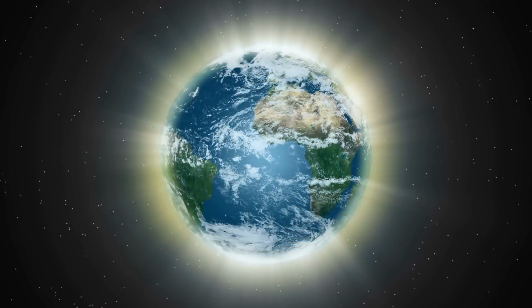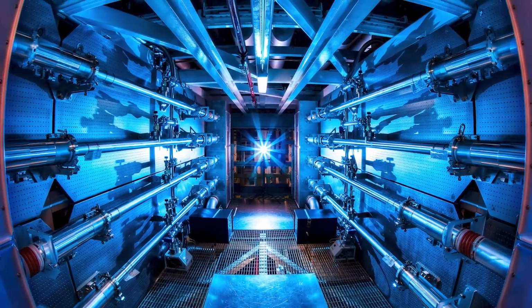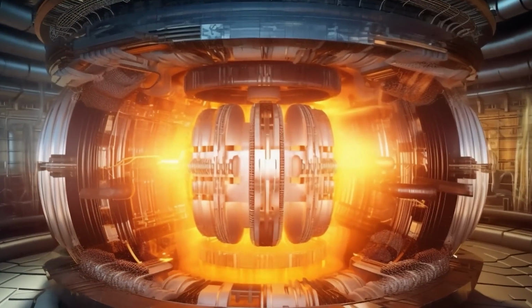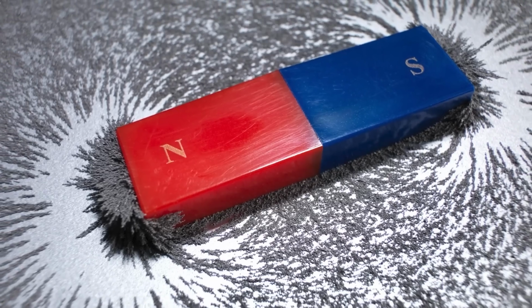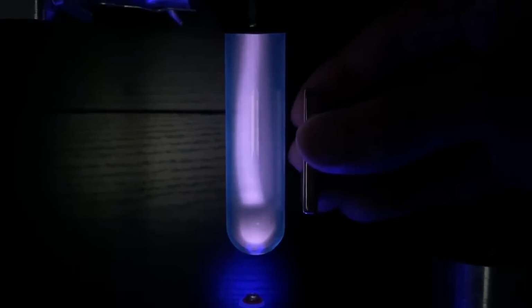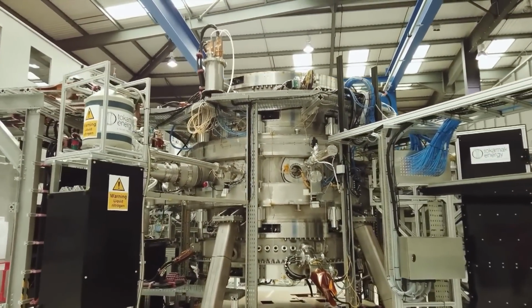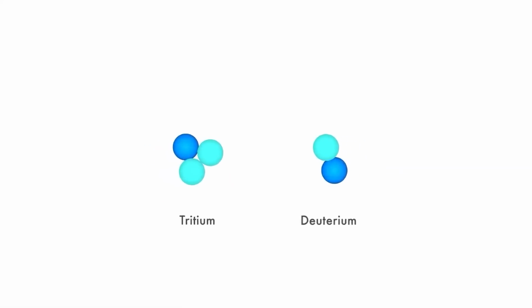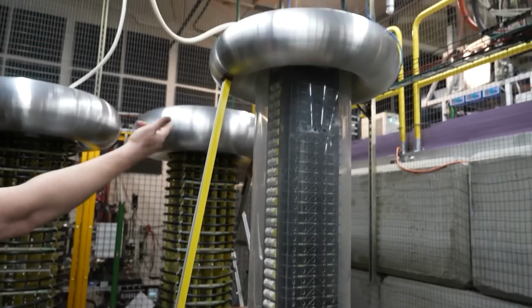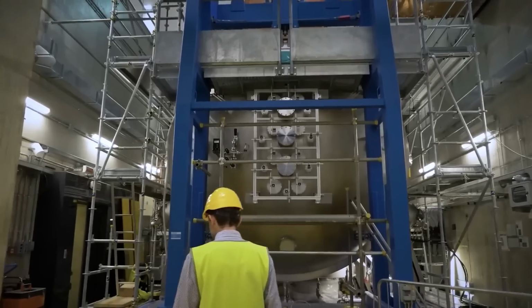On our planet, we need temperatures over 100 million degrees Celsius to achieve fusion. Besides these extreme temperatures, we also need to control magnetic forces and keep the right pressure to stabilize the plasma. This stability is key to keeping the fusion reaction going long enough to produce more energy than we used to start it. Even though current experiments get close to the conditions needed for a fusion reactor, controlling these elements must